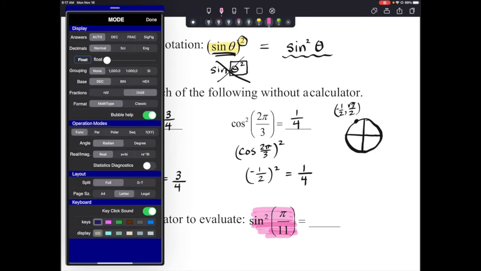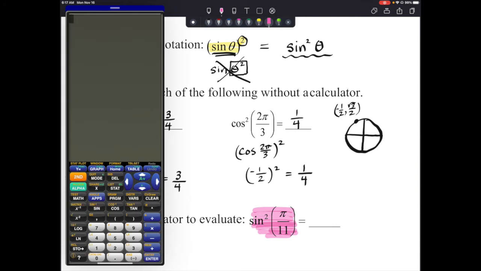Okay, first of all, please check the mode on your calculator. You need to make sure that you're paying attention to what mode it's in. We want it in radians right now because that's what our angle measures are in. So I'm going to go in here and I'm just going to do the sine of, and if you want to type it in as a fraction, you can, or I'm just going to do second caret to get my pi divided by 11. That is a fraction. Now, on our calculator, we will type it in this way. Just make sure that that exponent is outside those parentheses. When you hit enter there, that's the answer you're going to get,